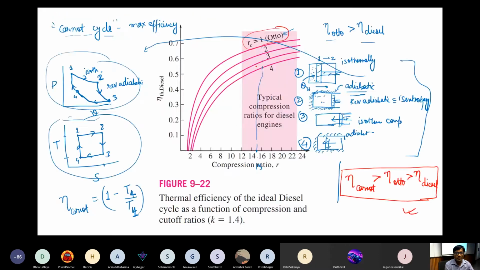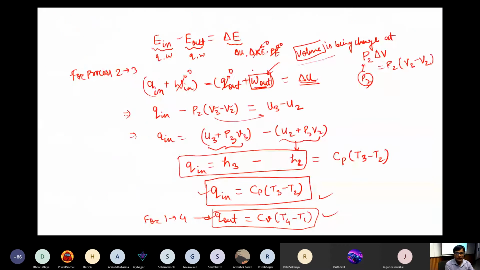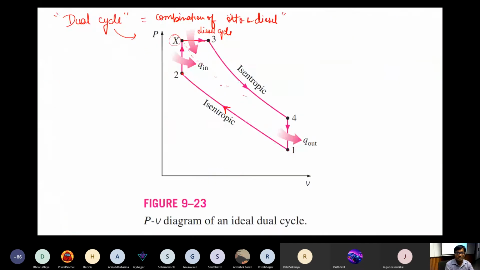Remember, isobarically, right? So it's a mix between Otto and Diesel both. Okay, so